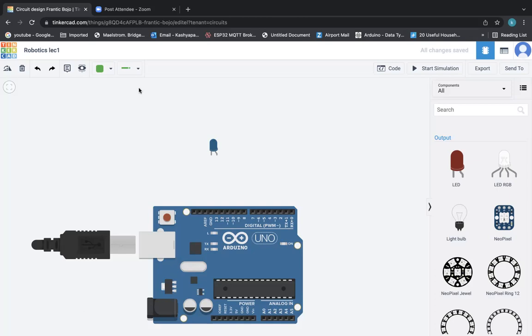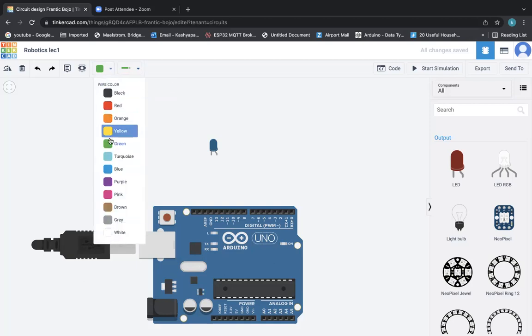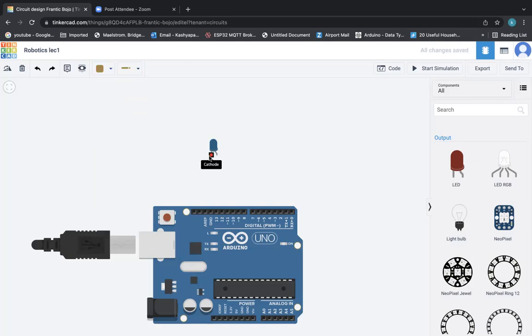of the LED, right? So therefore, I'm going to select, you can work along with me, a wire, a normal wire, and I'm going to select the color, let's say brown, and connect it to the ground. When it's successfully connected, you can see it is glowing, right? So it indicates the Arduino and the pin.